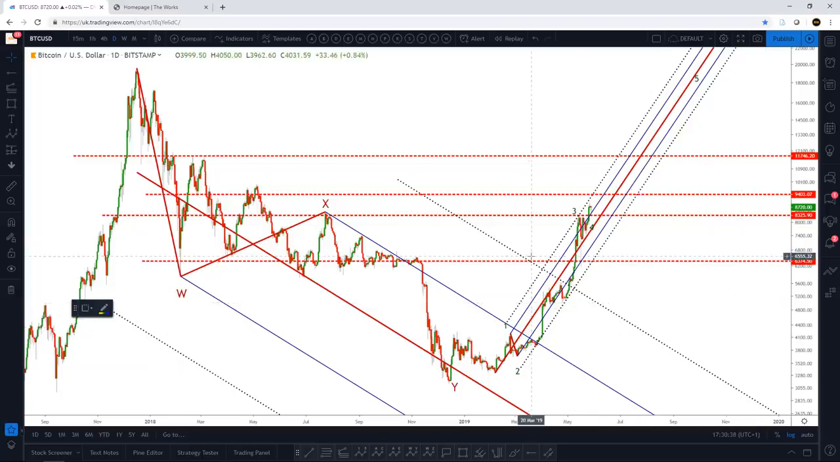So what we're going to essentially be looking at is the long-term count. So we're going to just quickly summarize the long-term count that I've drawn out here. Then we're going to look at the intermediate count,